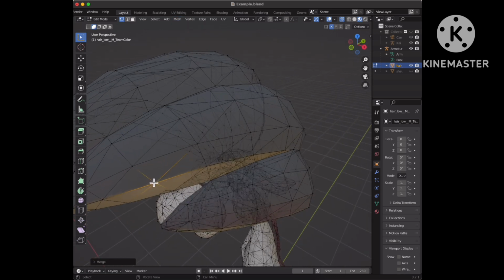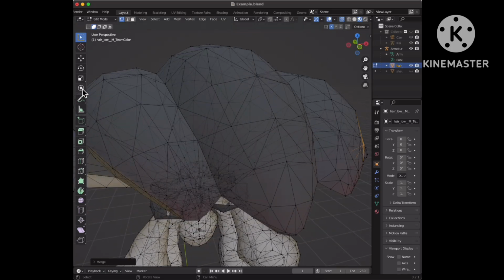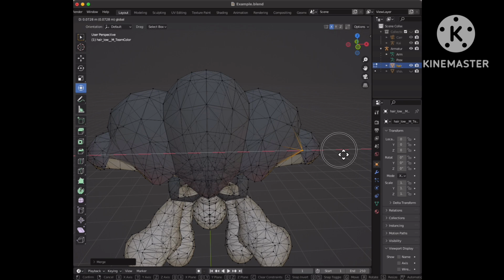Or you can click away first to remove that, select, and then you can press M, at center, merges it. Pretty good, pretty easy. It just helps to make sure that there aren't holes in your model that you weren't expecting when you move stuff. But again, if you see here, we have the symmetry turned on, but if I move this,